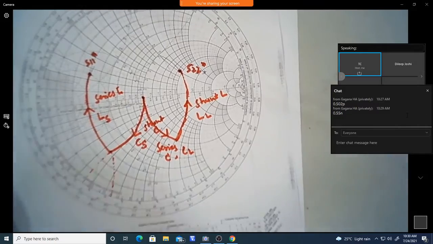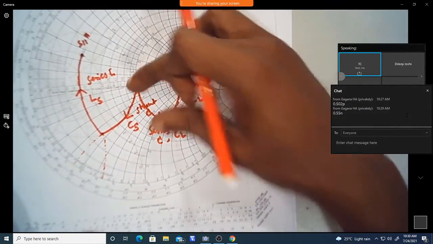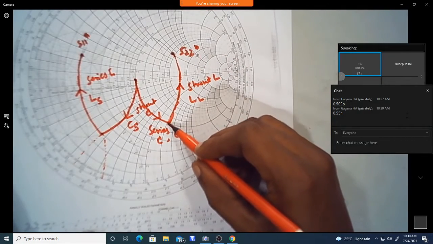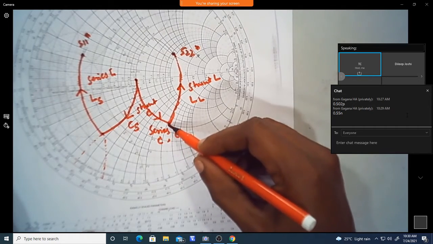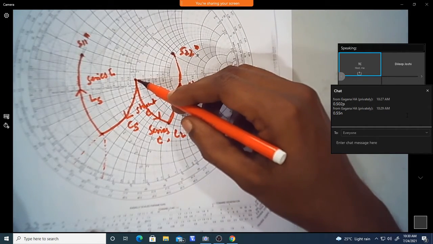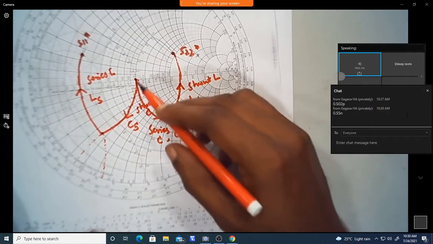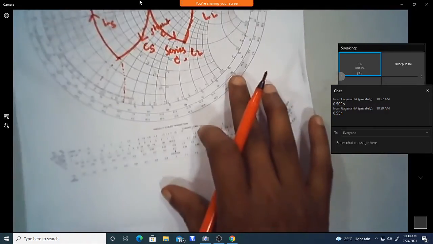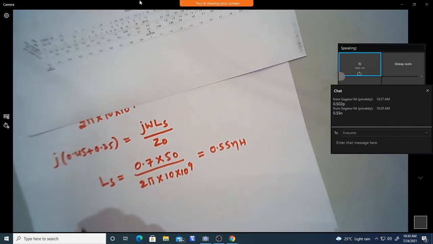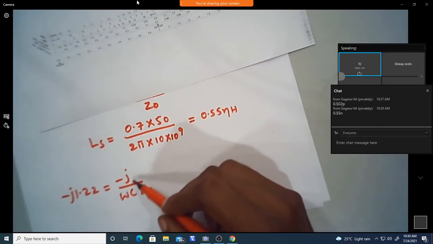So now we need to find out what is the value of CL. So this is offering the reactance of this much. At this point, the value of reactance is around 1.22 we can take. Because 1.22 minus 0, it is on the negative side, that is the lower half. We are reading in the Z chart the reactance, which is equal to minus j 1.22. Okay. So now minus j 1.22 is equal to minus j by omega C Z0. This is the series capacitance equation.